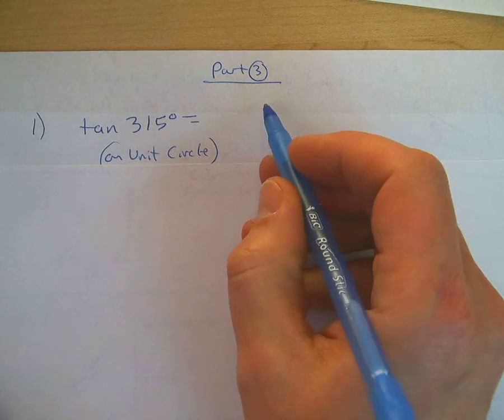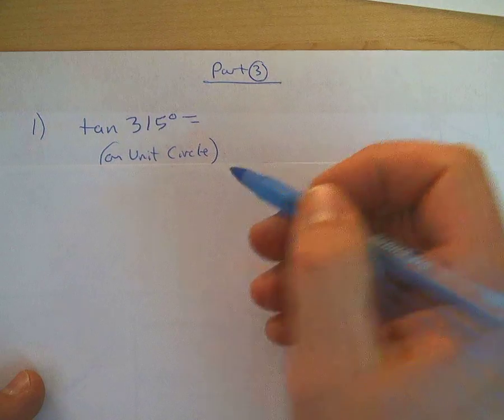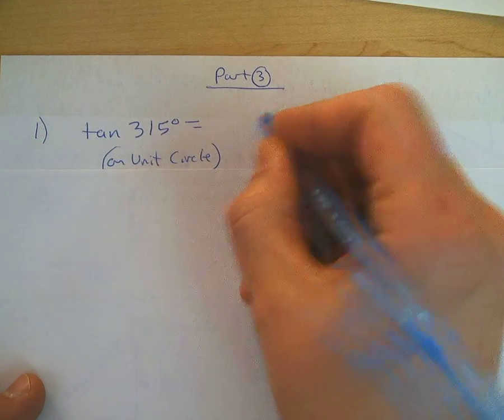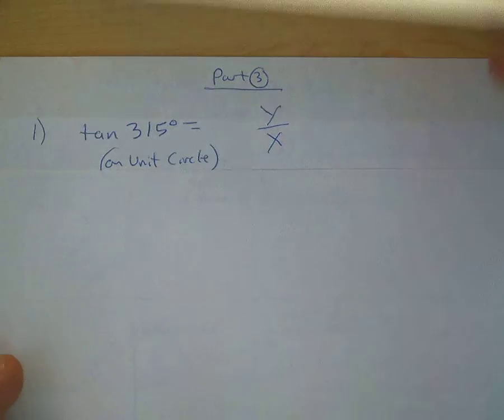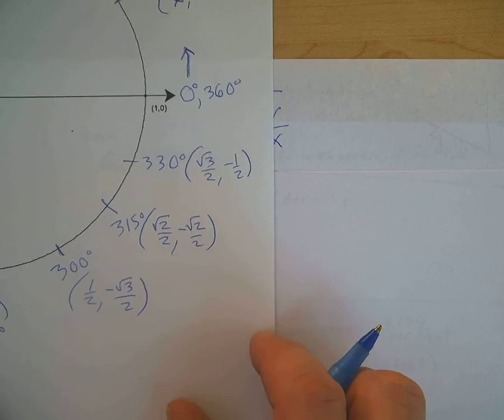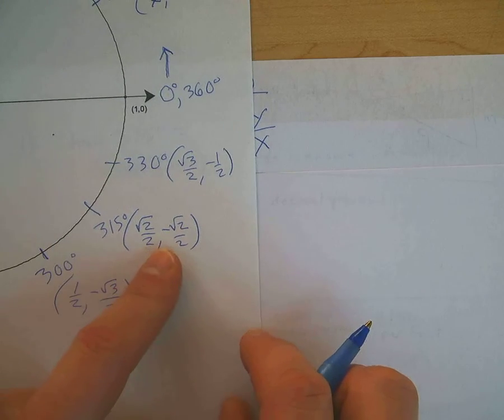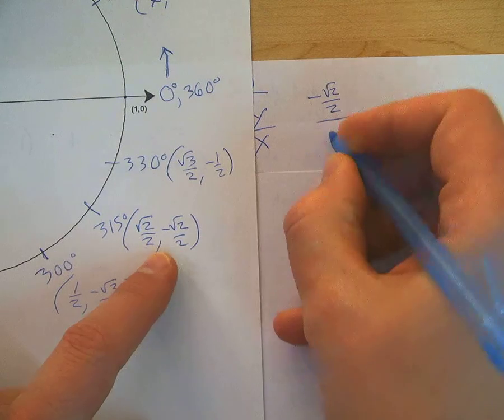We're on part 3 of the review video. We want to figure out the tangent of 315. So tangent on the unit circle is y over x. So we're going to look at 315 on the unit circle. You can see, all right, y over x. So it's going to be negative square root of 2 over 2 over square root of 2